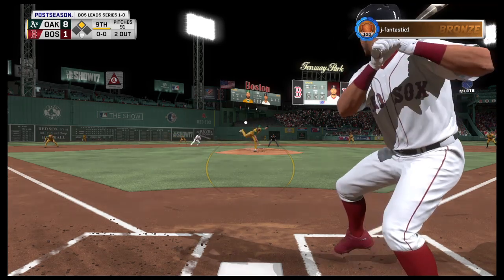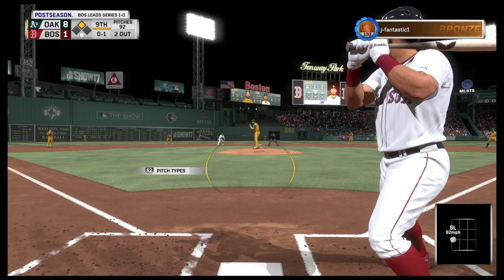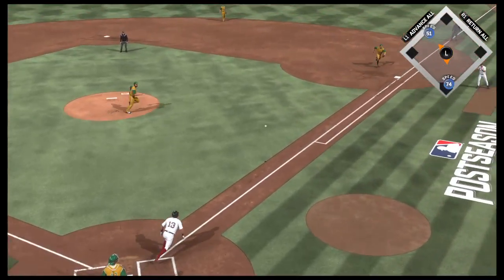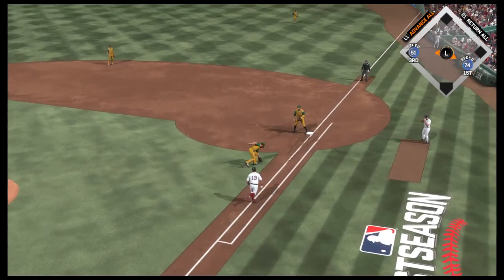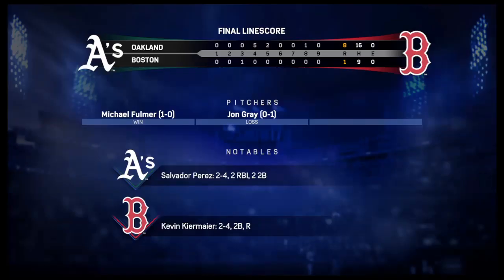First offering on its way. Tough slider that just catches the corner for a strike. Now action in the bullpen as their closer starts to get loose out there. Weak chopper up the line. Throw on to first will be in time to take care of him, and the A's have gotten the all-important